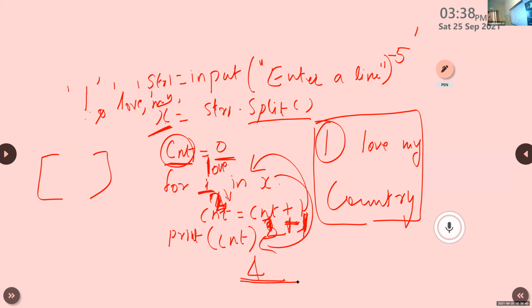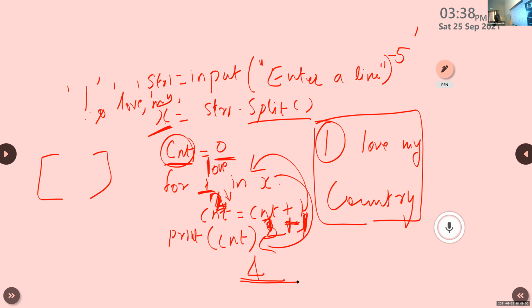So here, using the split function, I split this sentence into 4 parts and assign it to a variable X. Then I want to count the number of words present in this line. That is my question. How can we count the number of words present in this line?